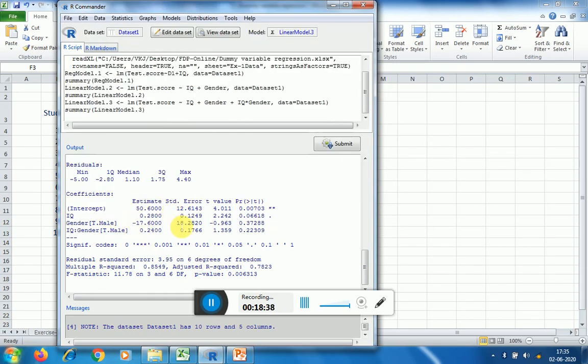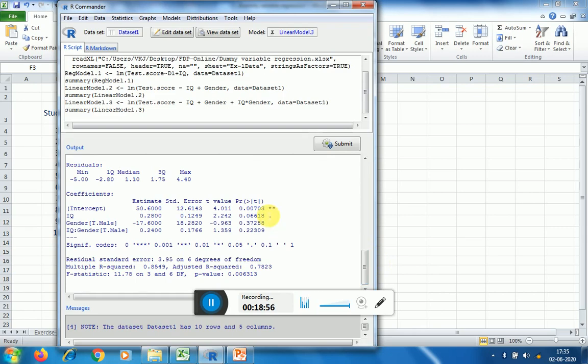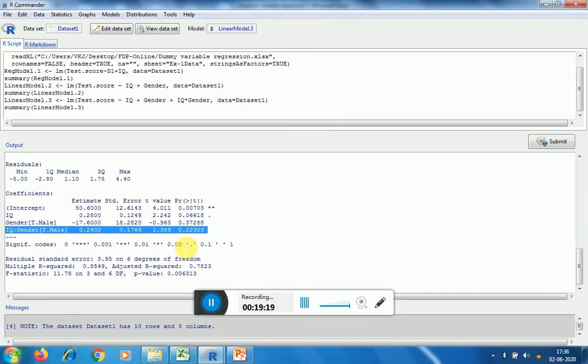I will get another regression equation. In this regression equation, the dependent variable is the test score, then the next variable is IQ, then the dummy variable is gender, and I have taken the interaction effect of both. Here we can see that the intercept estimate is significant, then IQ is also significant at the 1% level of significance, but the other variables are not significant. That means the gender or the interaction effect is not significant here,